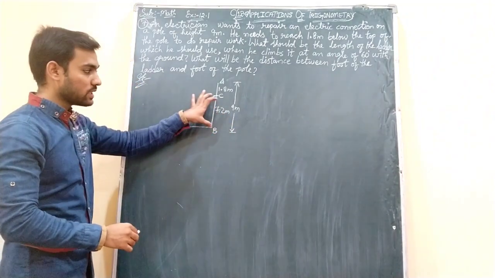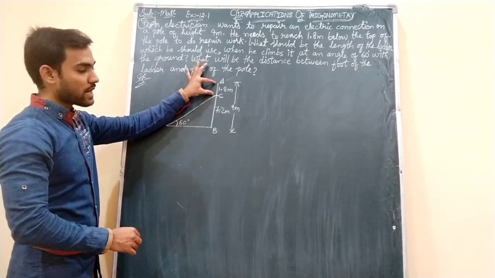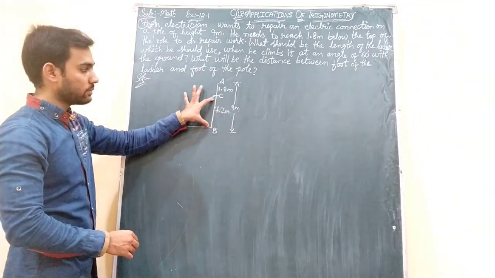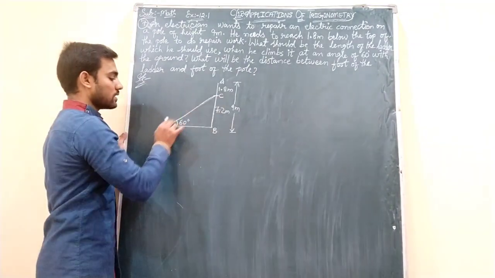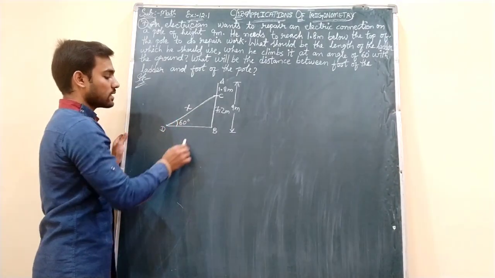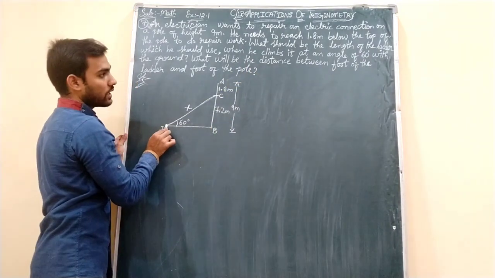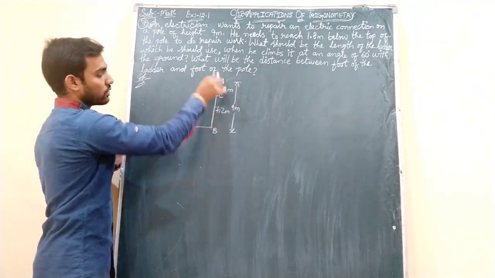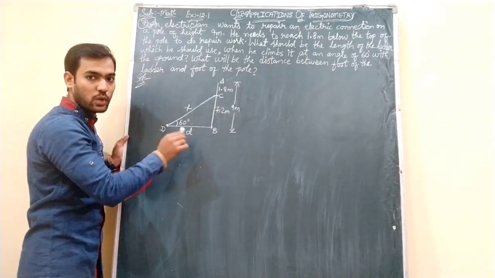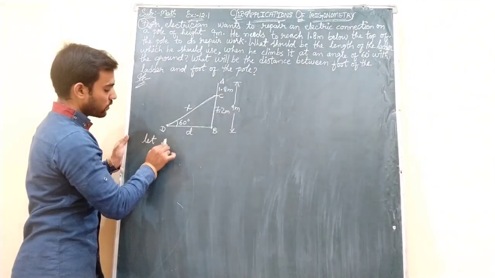Okay, students, so this we need to use. We don't require 9. 9 is just given to subtract this 1.8 so that we can get this data. Okay, 7.2 meters we got this one. This is the length of the ladder. I take it as X. And this is the distance also he asked. What will be the distance between foot of the ladder and foot of the pole? Okay, so this I take as d. Okay, students, small d.